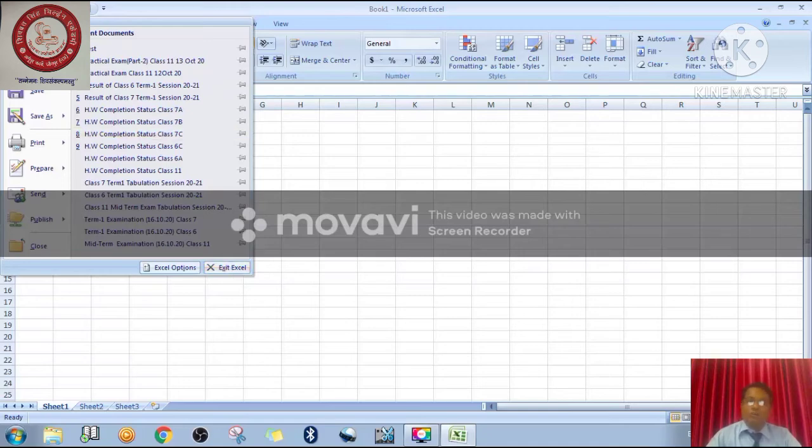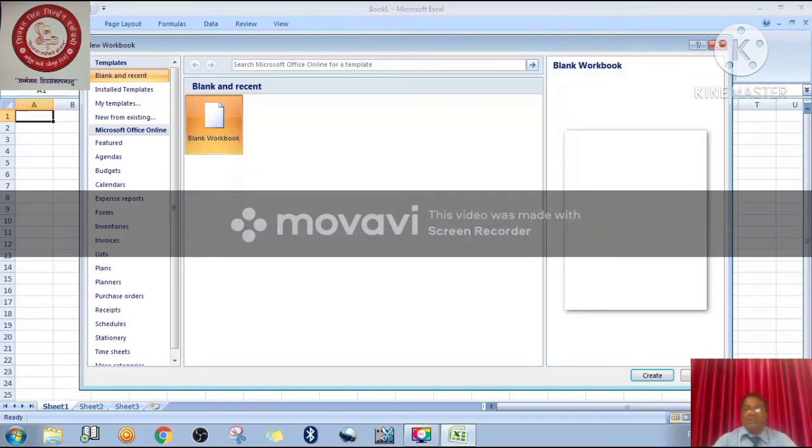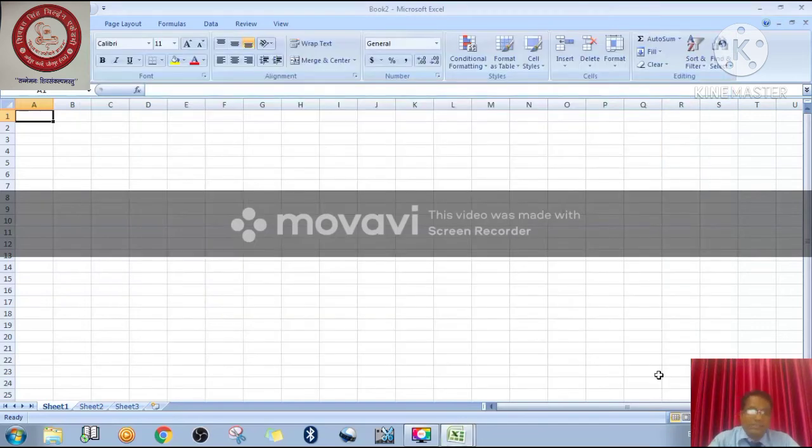If you click on new, let me show you how to create a particular worksheet. Click on new. After that, the new workbook dialog box opens here. You have to select blank workbook and click on the create button. See, this is your new one. Now Book2 is written here, right? So whatever data you have to write here, you can just write it, and immediately after that you can see. Suppose I have written some data here.